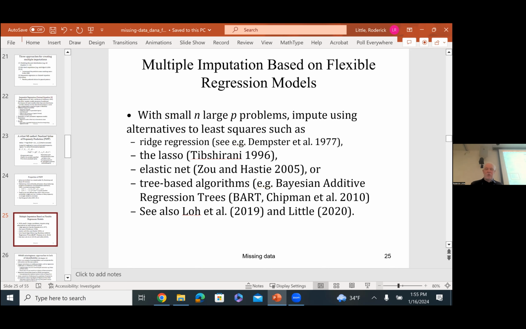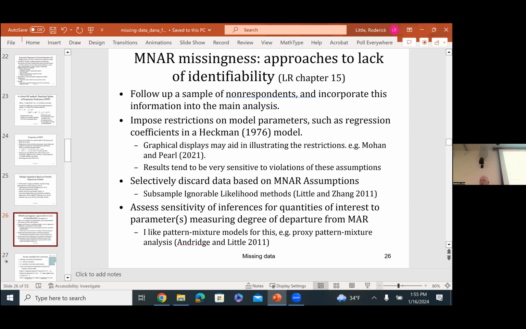I haven't said too much about it here, but I should say a little bit about clinical trials. So let me just confine missing not at random to a single slide and just talk about it rather than going into any detail. There's a lack of identifiability about missing not at random. You can't really test for missing not at random. And in the last chapter of my book with Rubin, I talk about a variety of strategies for handling missing not at random. One is to get data, so follow up a subsample of non-respondents